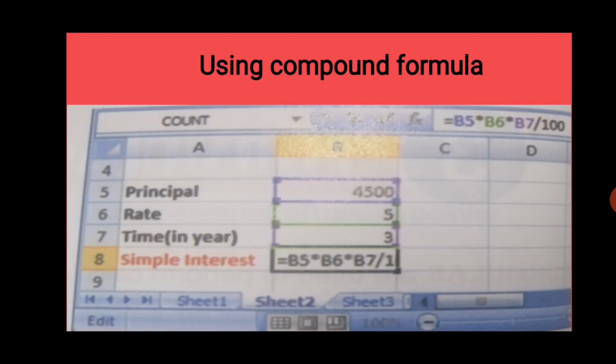Next is how can we write a compound formula in mathematical form in an Excel sheet. As you know, in the formula there is principal, rate and time, divided by 100.